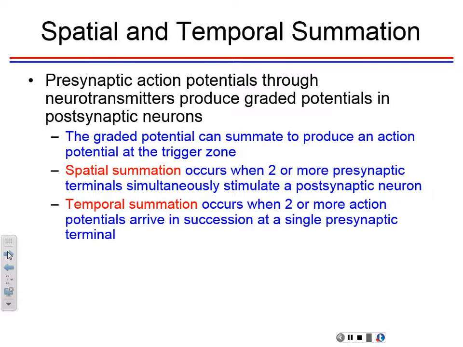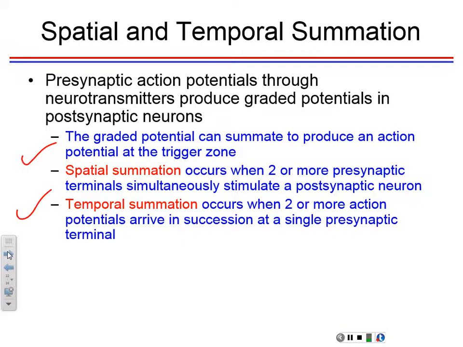Okay, so you see the difference between spatial and temporal. Spatial, we have two or three neurons that fire a little graded potential, and another one, and those add up. That's spatial. You have several neurons. Temporal, you have only one, but it's firing at high frequency. One action potential after another, they're so close together that the postsynaptic cell doesn't get a chance to go down. Then it gets hit again while it's going up, and it continues to go up and it can reach threshold.